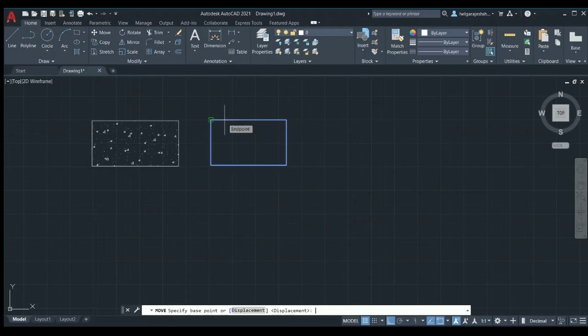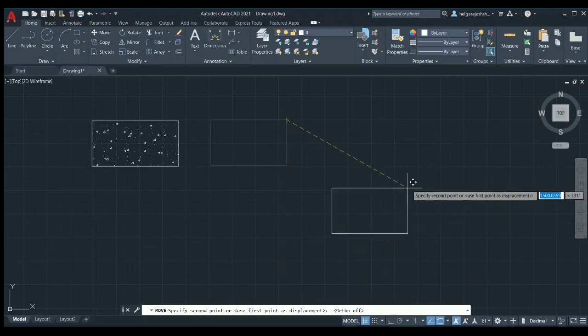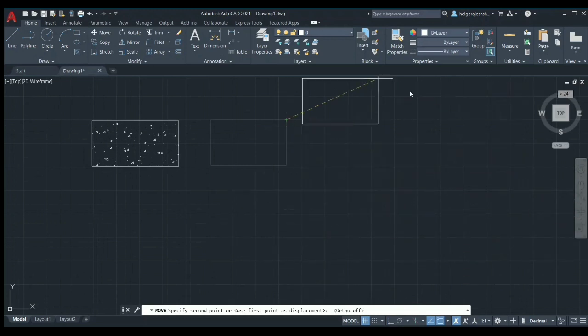Now it is asking me to specify the base point. So I'm specifying a base point and I'm going to move it. So I could easily drag it and move it anywhere I want. I could only move it in the horizontal and vertical direction because my ortho mode is on. So I'm turning it off and now I could move it in any direction I want.